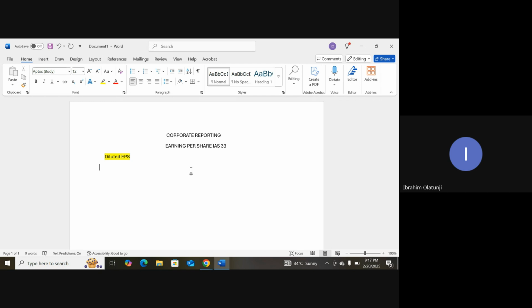You check your question, and probably if the examiner is not giving you the weighted average number of shares for basic EPS, then you have to calculate it. So that's why I say one of the procedures is that